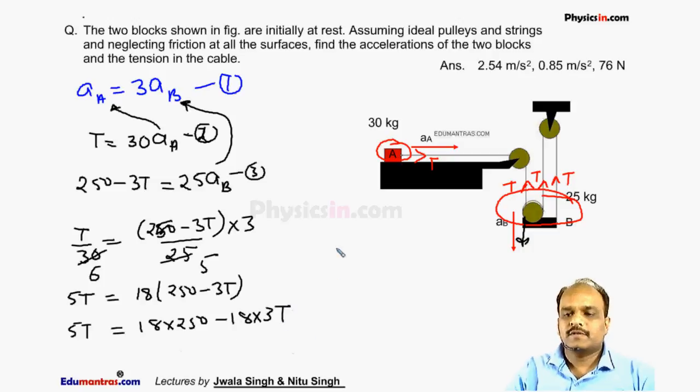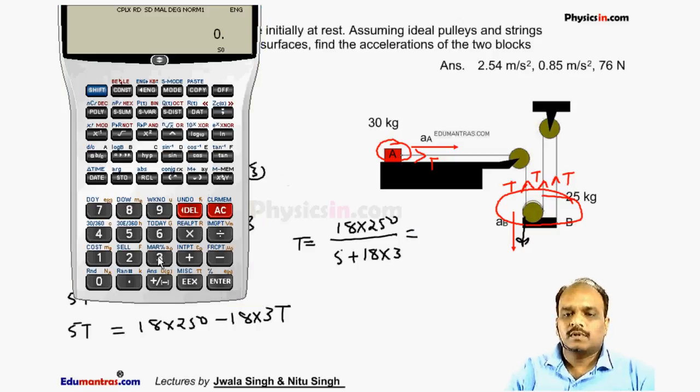So from here we get T is equal to 18 into 250 divided by (5 plus 18 into 3),